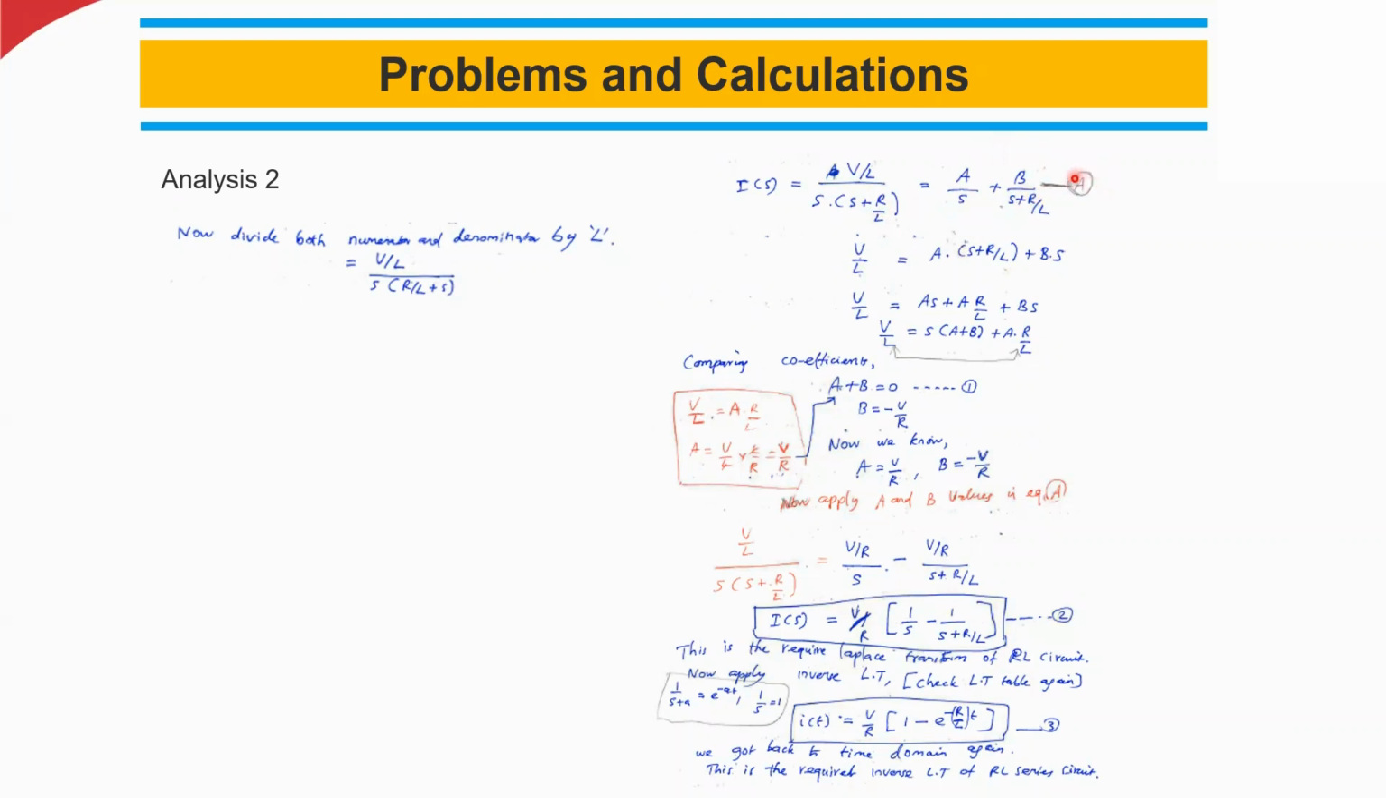I call this equation number A. Now I have to simplify further. So what I have right now is that I am taking V divided by L is equal to